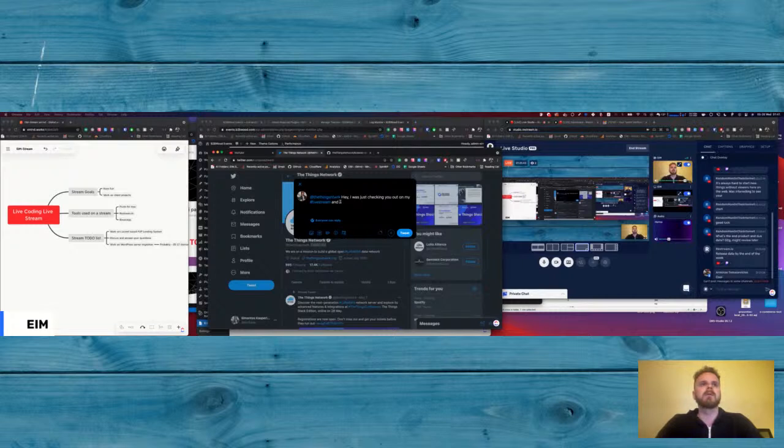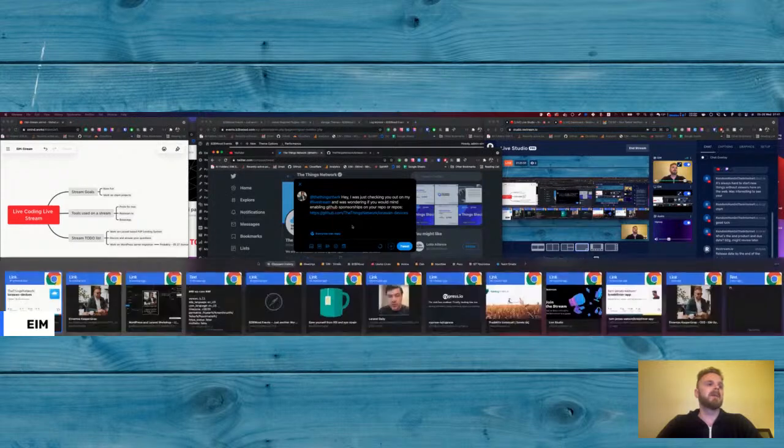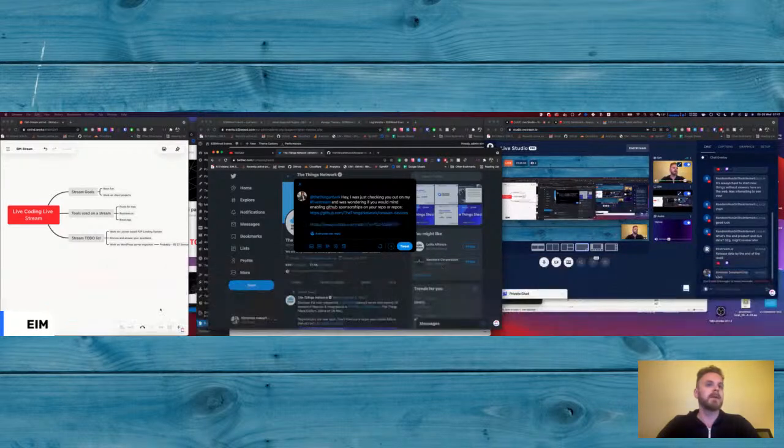And was wondering if you would mind enabling GitHub sponsorships on your repo or repos. And let's drop a link with an amazing paste extension to our live stream, because I've just copied that not so long ago. Here it is. I don't need to go on YouTube and find it.